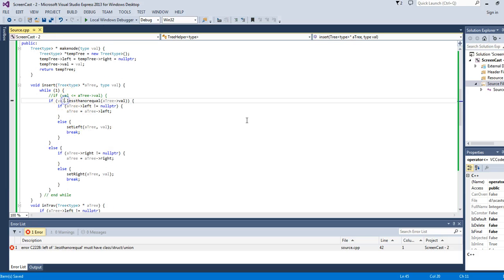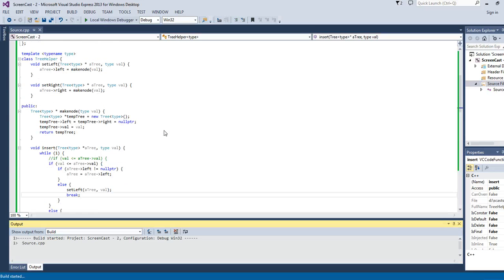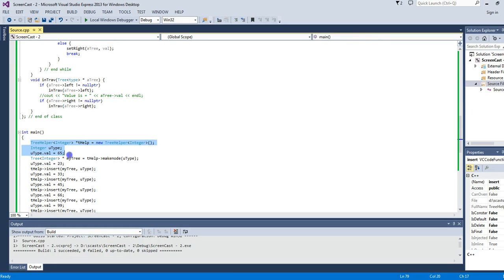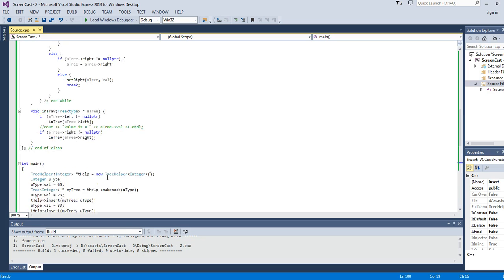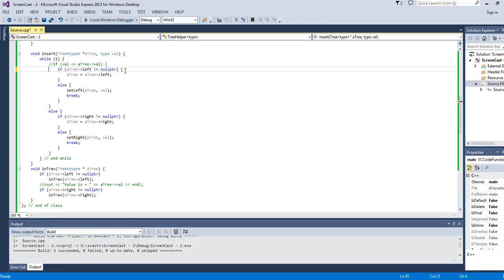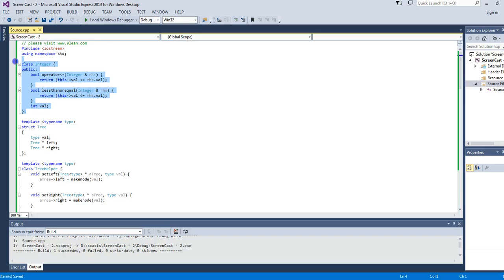And here you just remove it, val is less than or equal to val. Okay, now compile it. Success. See, it now worked for user defined type, which is integer, as well as for built-in type, which is int. So when I'm writing it again, I can just uncomment it. See, basically this user defined type will be defined by the user, but